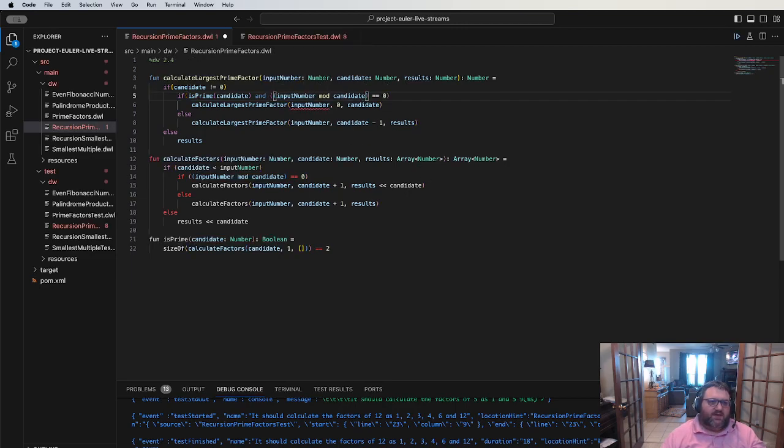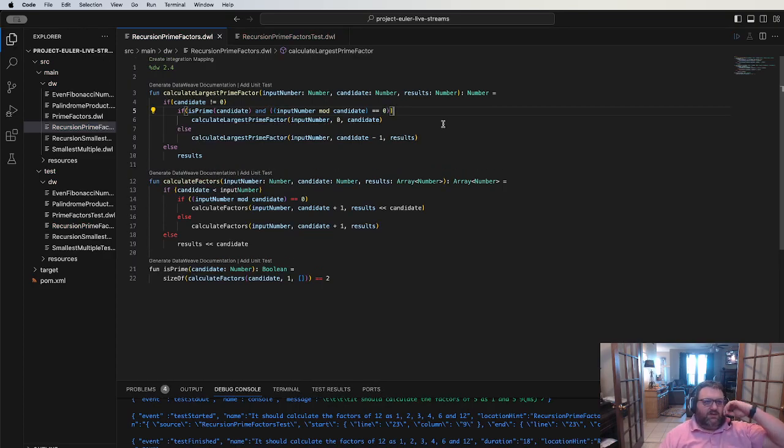So let's wrap that. Okay, that's easy enough. So if it's prime and input mod candidate equals 0,